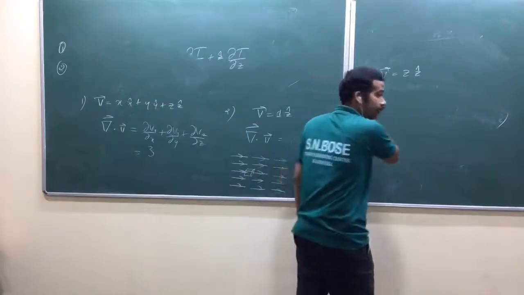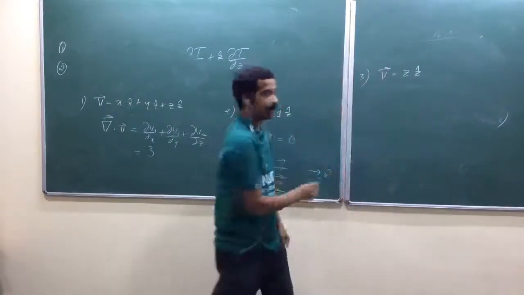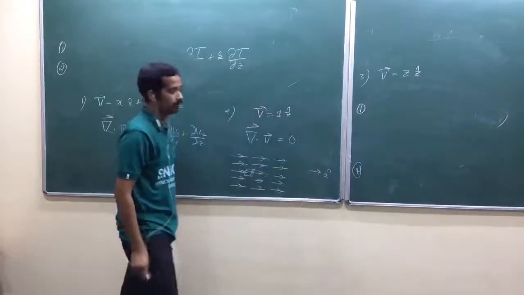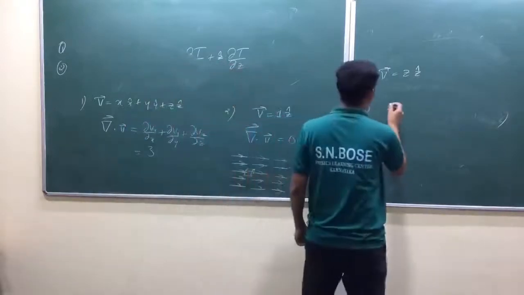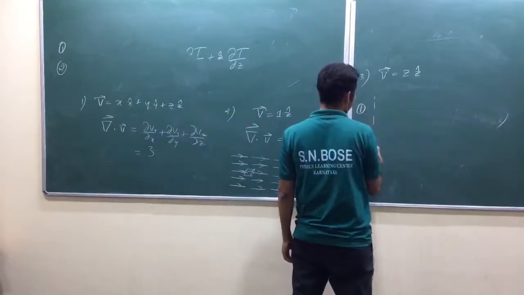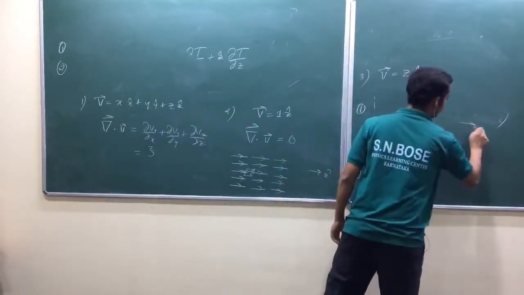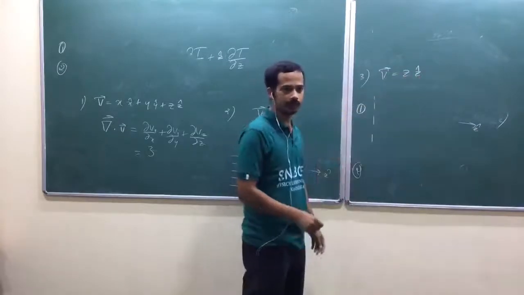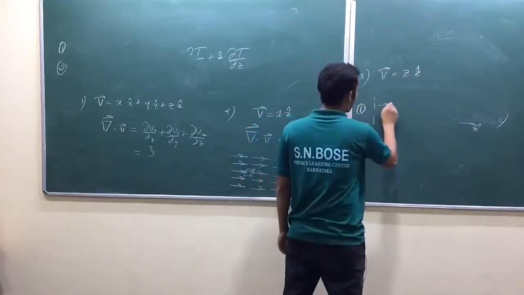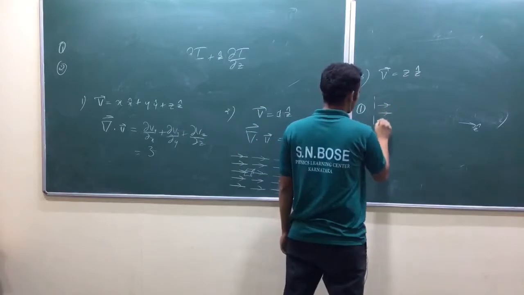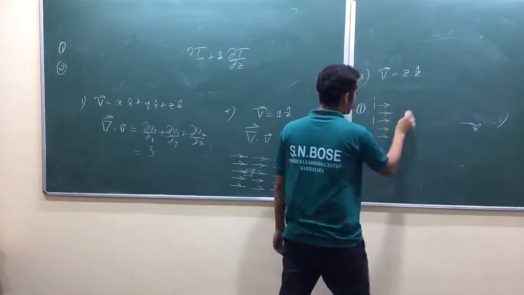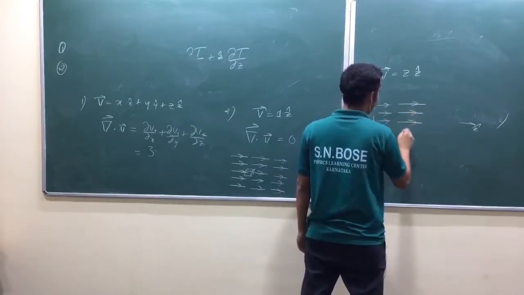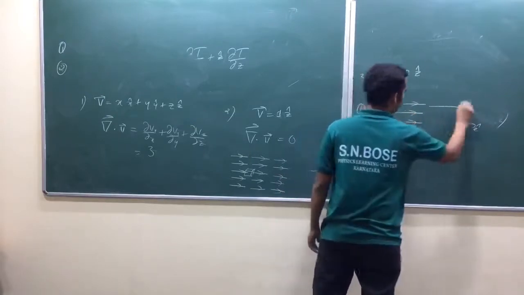Now look at here. When you move along the z axis, I have two representations, two ways of representing this one. Again, you can choose your own way. So suppose I take z equal to 0 here, it is the z axis, z cap. At z equal to 0, your vector is a null vector. Am I right? So now when you move along the z axis, look at here, the length of the vector is increasing. You can keep the density the same and just increase the length of the vector. The strength of the vector is represented by the length of the vector.